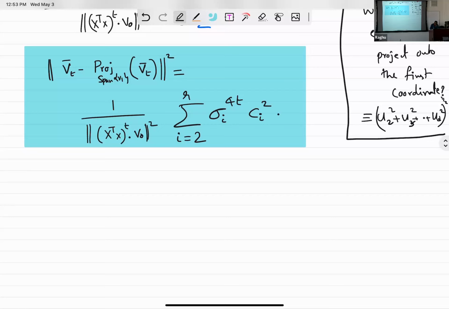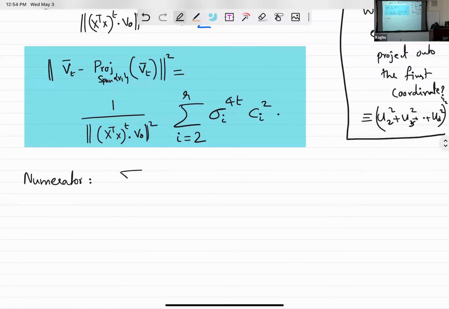And we want to say that this error is very small. And the way we will do it is, you have a numerator and a denominator. We'll say the numerator is not too big and the denominator is not too small, so that the ratio remains small. All right. Okay. So let me do that. So there's a numerator